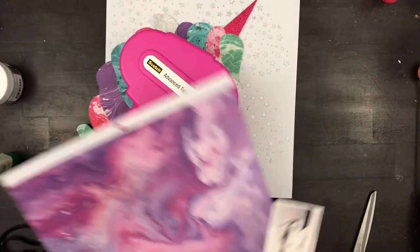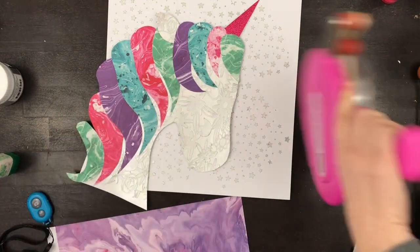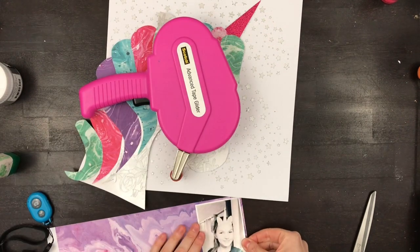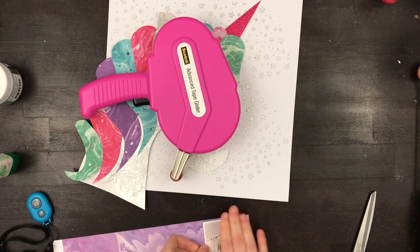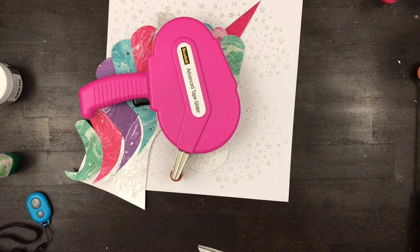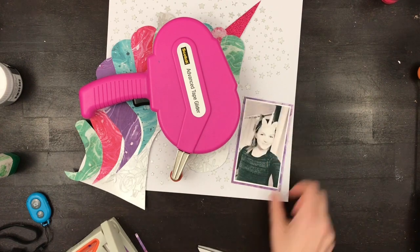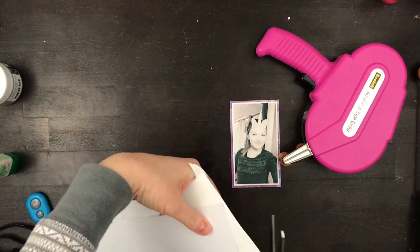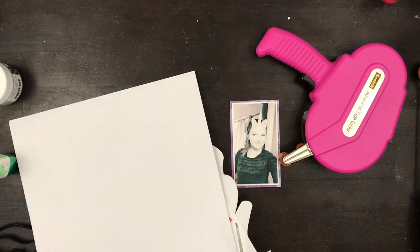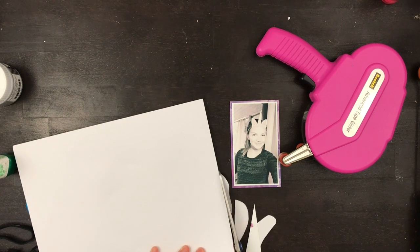So I'm just sticking down the unicorn, and then I'm going to back my photo with this paper here. And I try to pick more of the purple side of the paper just because I felt like there seems to be more pink in the layout, and so I wanted to add some more of the purple. I'm just cutting off the excess parts of the unicorn here,